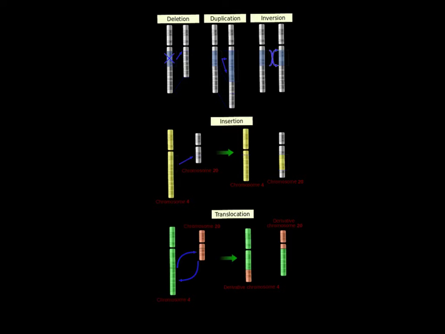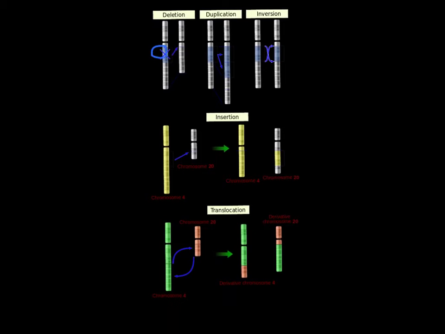23. We have 22 homologous pairs and 1 pair of sex chromosomes, right? So we have 23 pairs total. So if we're talking about a mutation, we might have a deletion, meaning that this